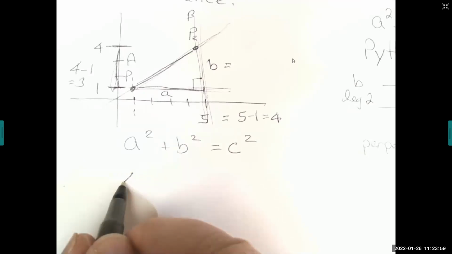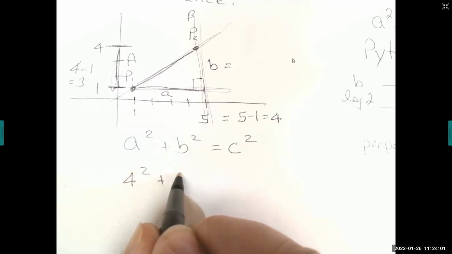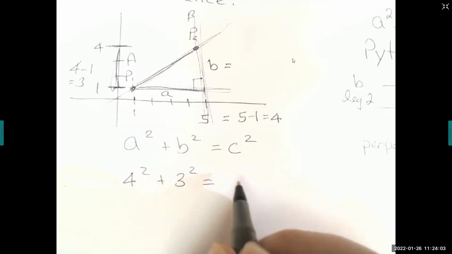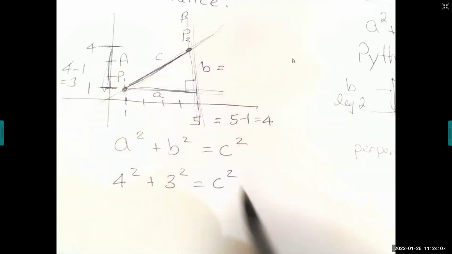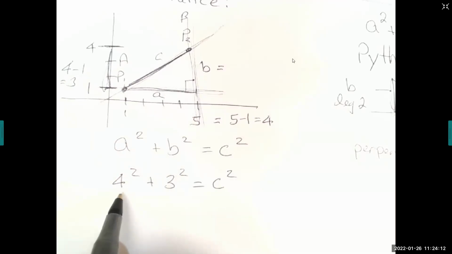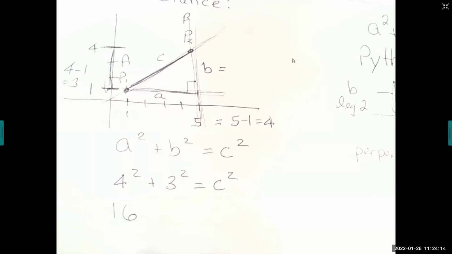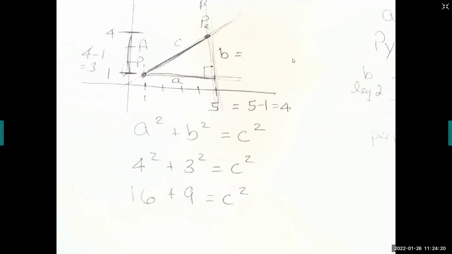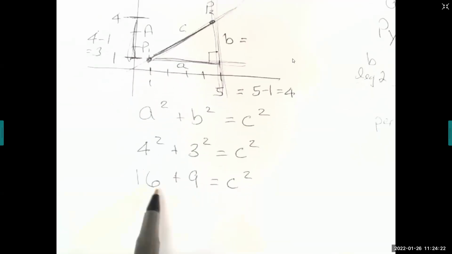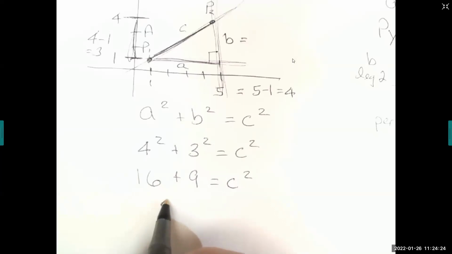So we know 4 squared plus 3 squared equals this hypotenuse. What is 4 squared? 16. 3 squared is 9. 16 plus 9 is